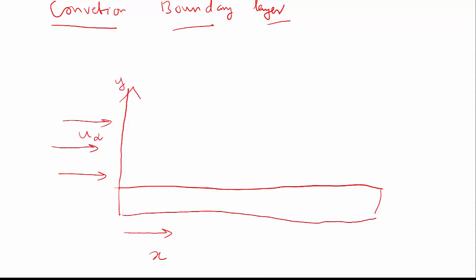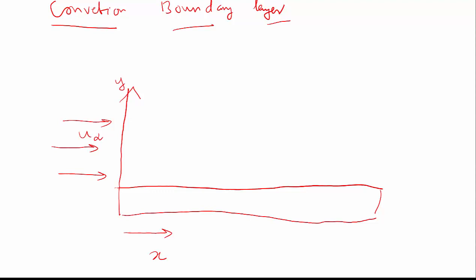Consider the flow of fluid over a flat plate. The fluid approaches the plate in the x direction with a uniform velocity u infinity. Then the fluid particles in the fluid layer adjacent to the surface get zero velocity due to shear stress. Once again I tell, consider a flat plate having certain length and thickness, and above the flat plate a fluid stream is passing. At the entrance, the air velocity at all points along the y-axis is the same, which is u infinity.